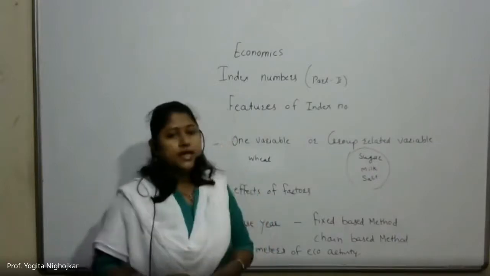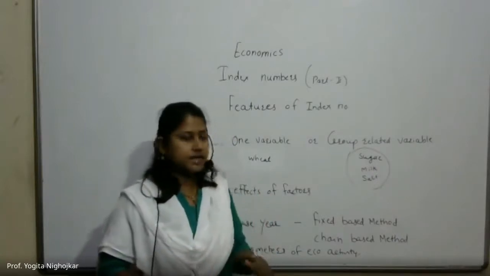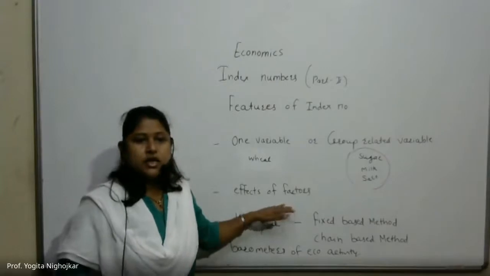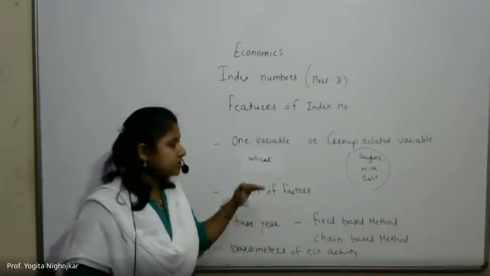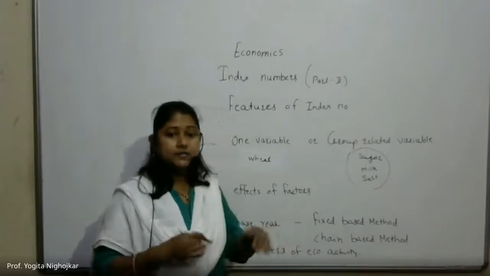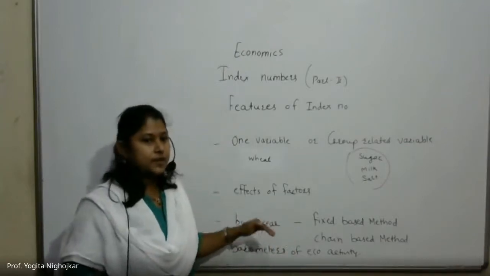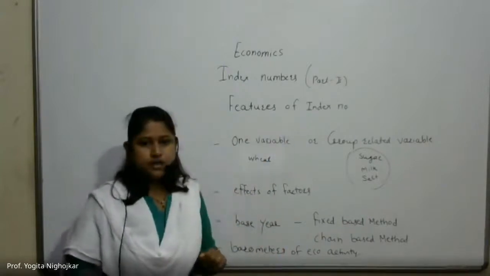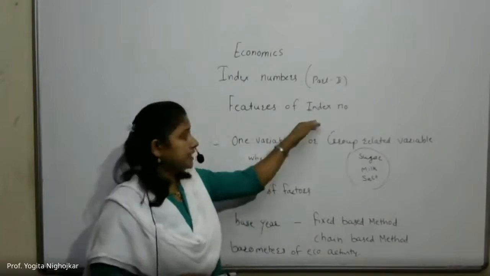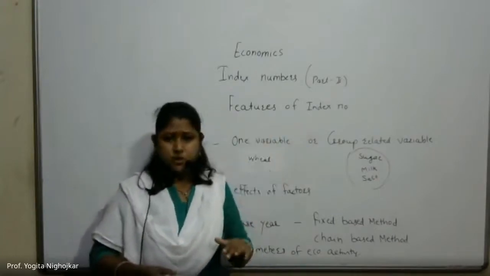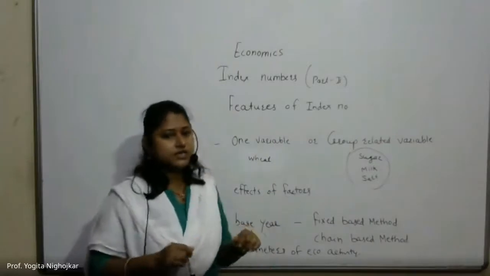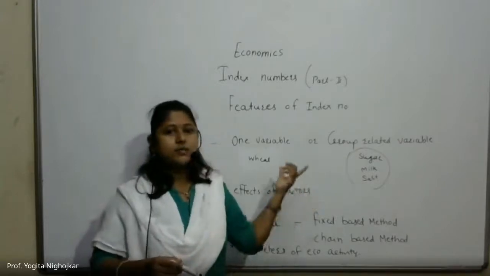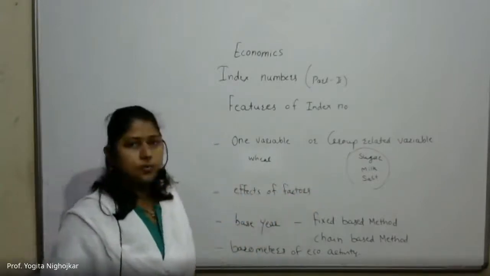Third, an index number is used to study the effects of factors which cannot be measured directly. For example, the general price level is an imaginary concept and is not capable of direct measurement, but through the technique of index numbers, it is possible to have an idea of relative changes in the general price level by measuring relative changes in the price level of different commodities.